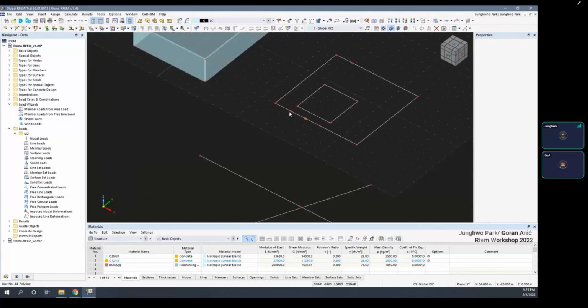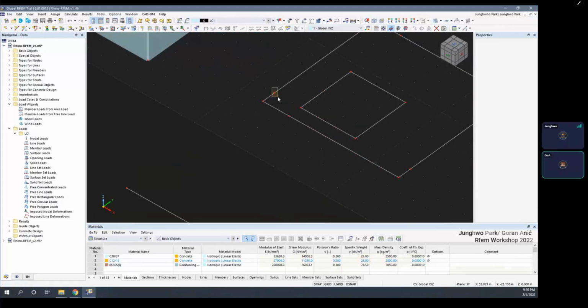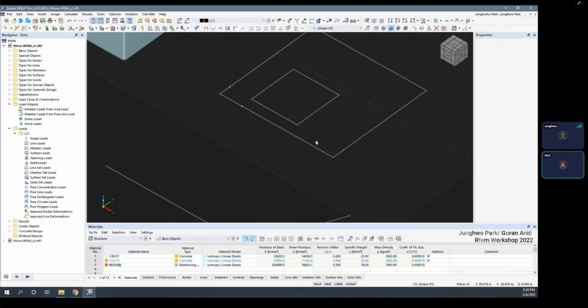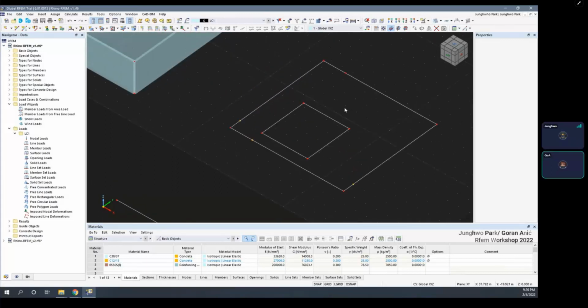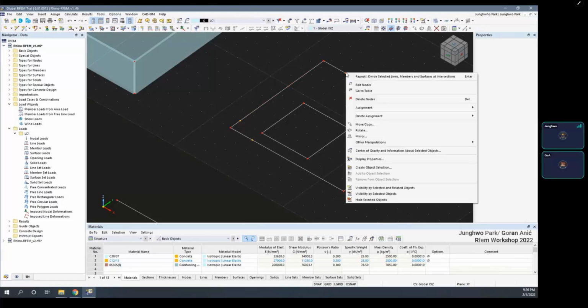And even when we are working with the structural model, you see here, for example, we have some nodes which are not useful, which are not good for us, because they can only make a mess later. There is a very nice option to remove those if you select them. If you say delete assignment,